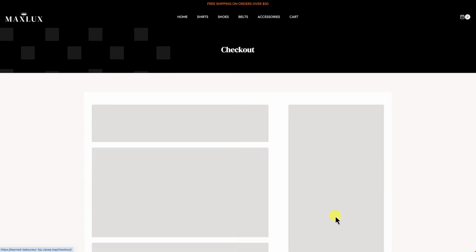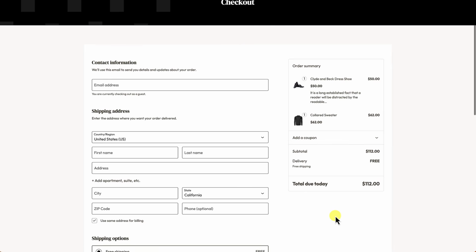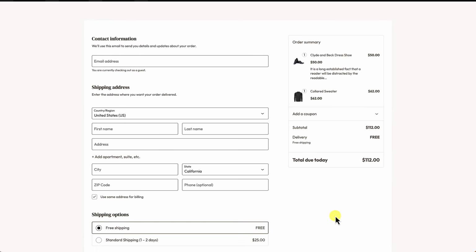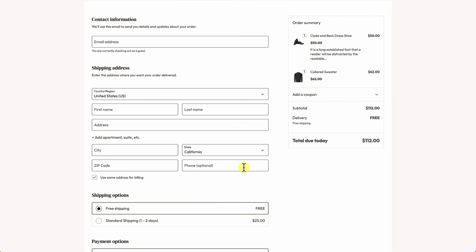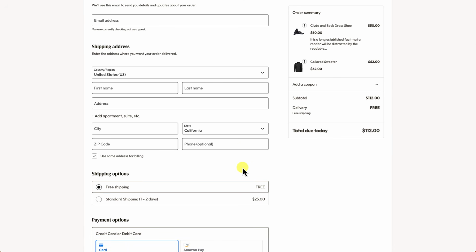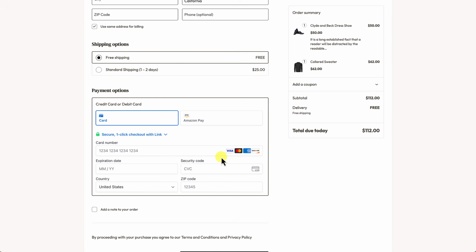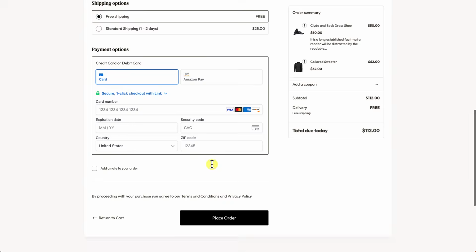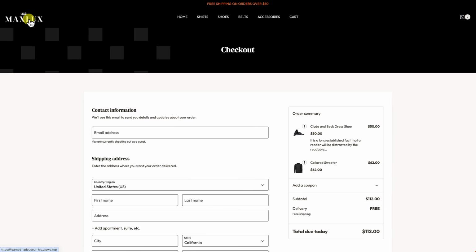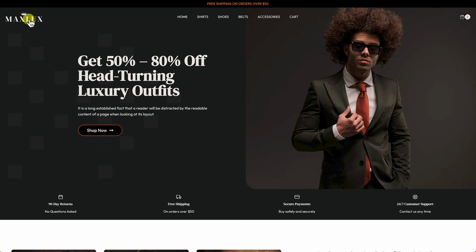And when we proceed to checkout, you'll see a very nice and clean checkout with two columns. Here on the right hand side are the order details, and then on the left is the information for the buyer. And you can see here we have free shipping activated due to the total amount. And then I'll also show you how to set up your payment options so that you can accept credit cards on your e-commerce website. So with that, let's go ahead and get started. We're going to go ahead and reset this website so it's completely blank, and we'll rebuild everything step by step